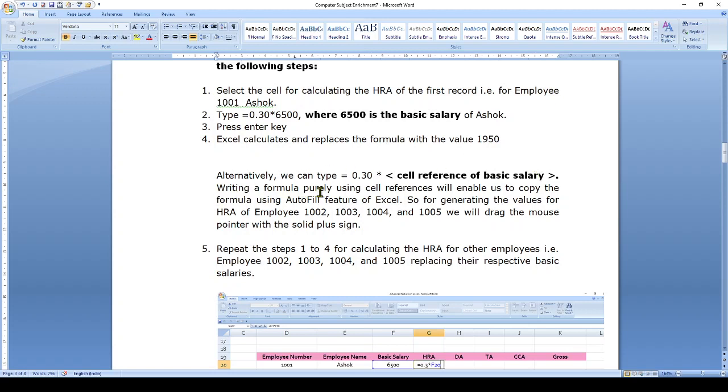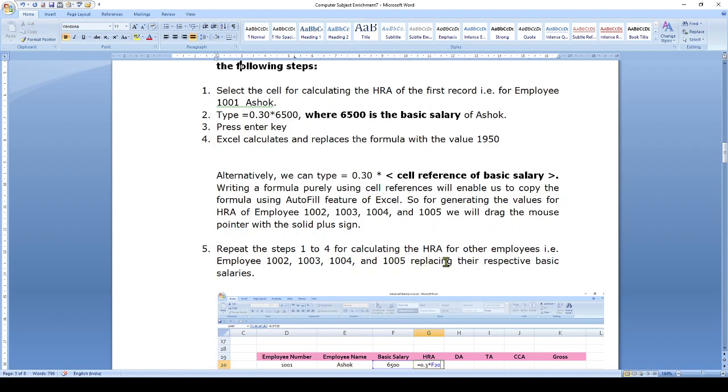Writing a formula purely using cell references will enable us to copy the formula using the autofill feature of Excel. You know that autofill uses an intrinsic order. When you give the cell reference, it will find an intrinsic order and it will automatically replace.